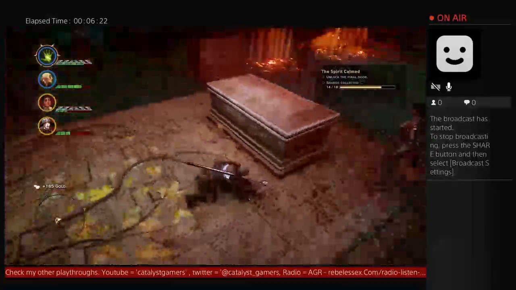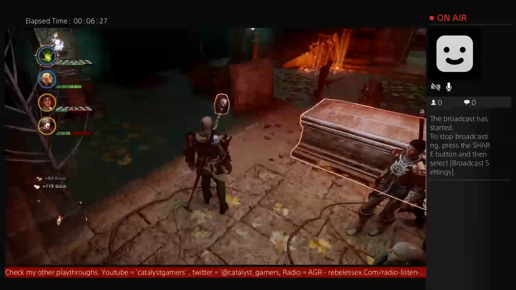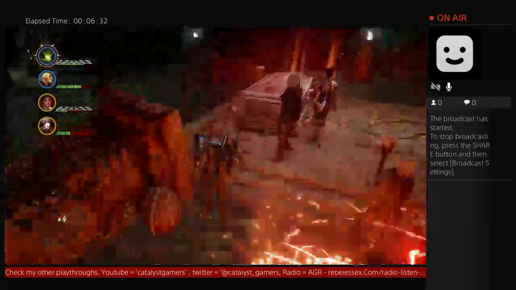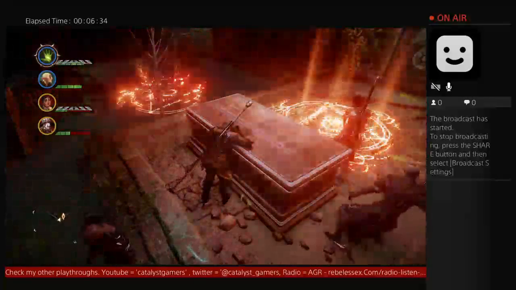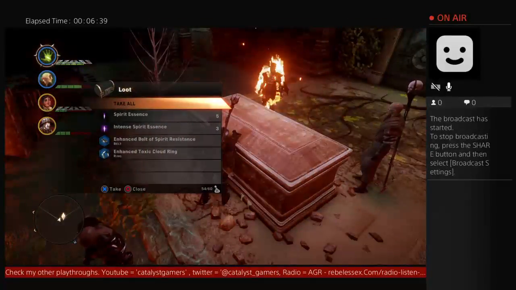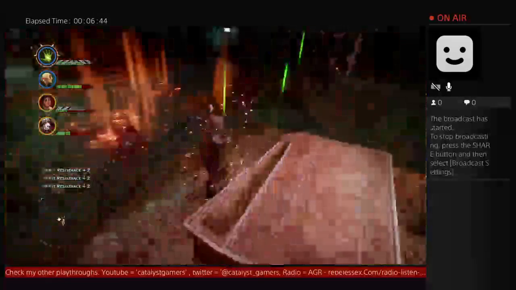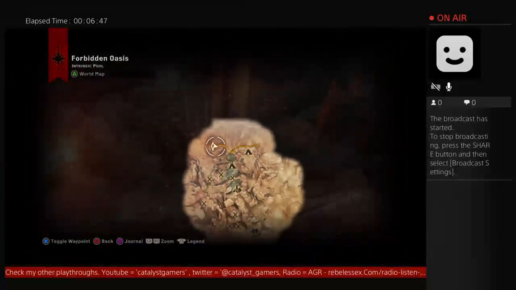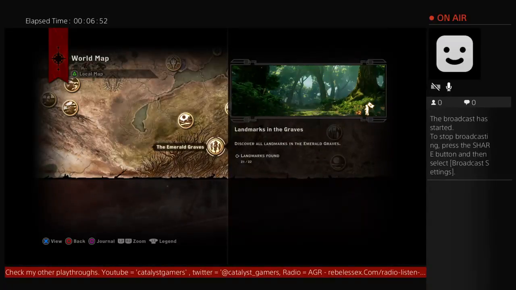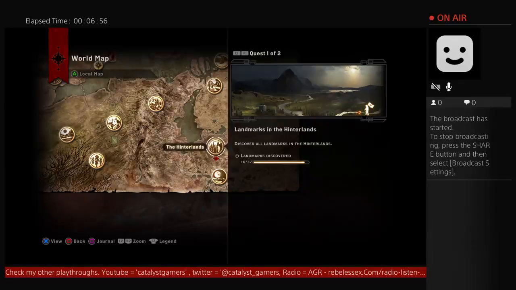We don't have enough shards, it seems, for the final gate. And that leads me to believe that the last place we need to go is the one that Varric has. We've got some Belt of Spirit Resistance and a Toxic Ring there. I'm more than certain the last place we need to go is actually down here into either that missing location, the other missing location here,